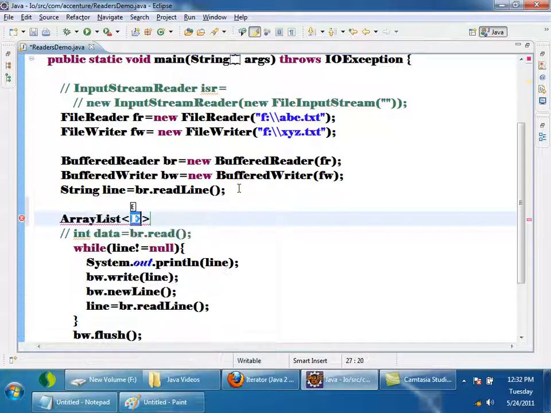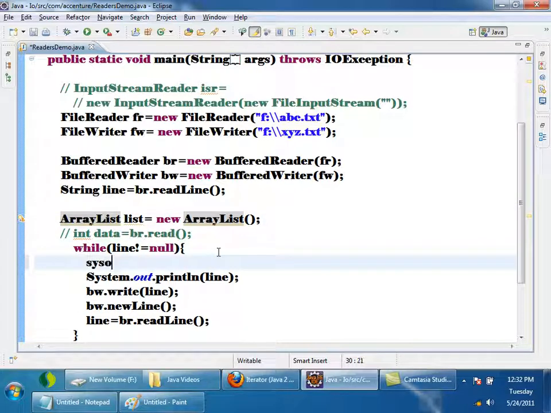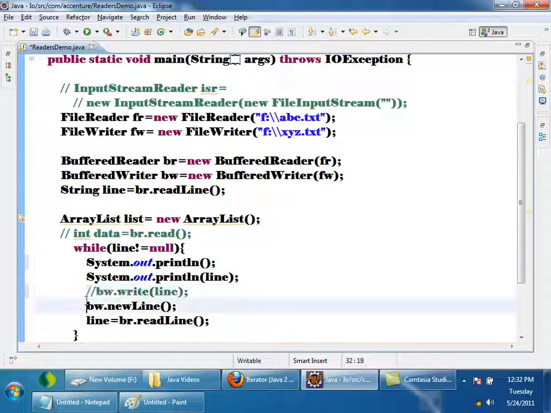List is equal to new array list. Then I asked you to say system.out.println. I don't want to write to the buffered writer, so I'll comment these lines.